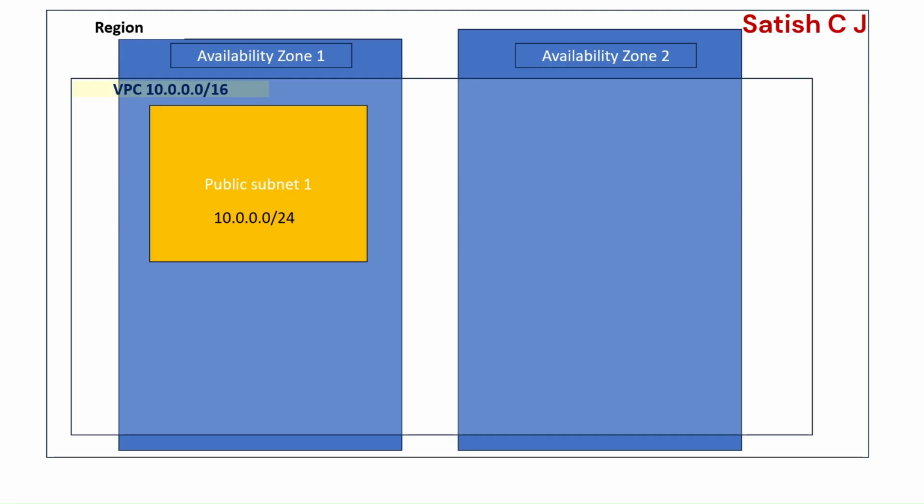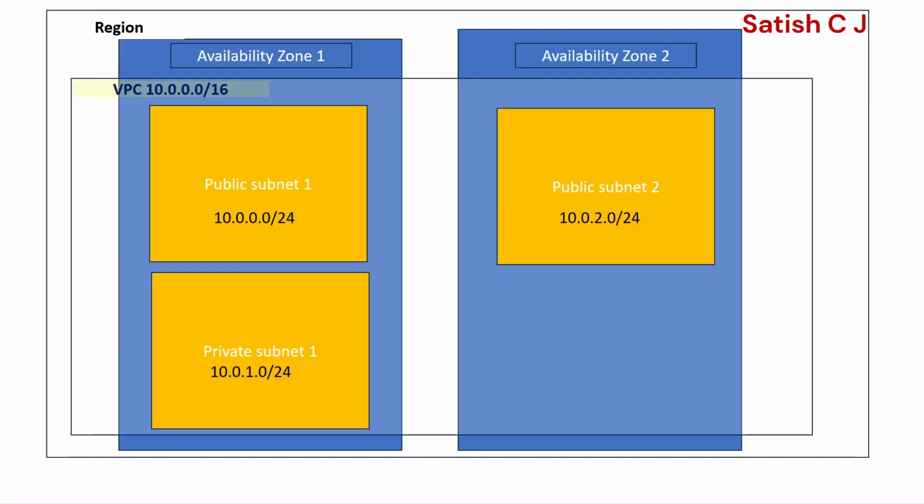that's 10.0.0.0/24. And we'll also be provisioning a private subnet, that's 10.0.1.0/24. That's the CIDR for this private subnet 1. After that, we'll add more subnets. We'll be adding a public subnet 2 in availability zone 2 with the CIDR block 10.0.2.0/24, and we'll also provision a private subnet 2 on the availability zone 2, that is with the CIDR